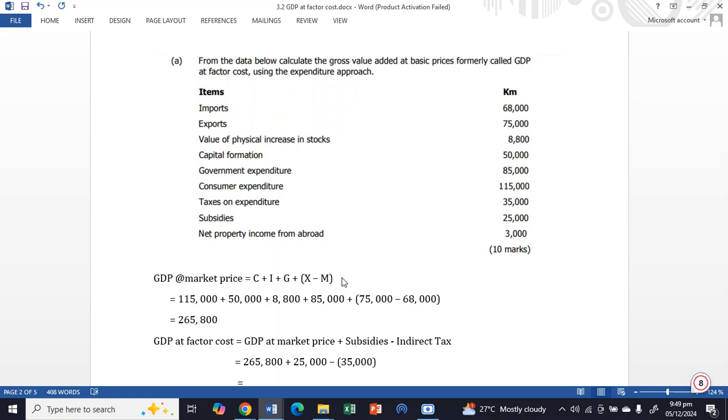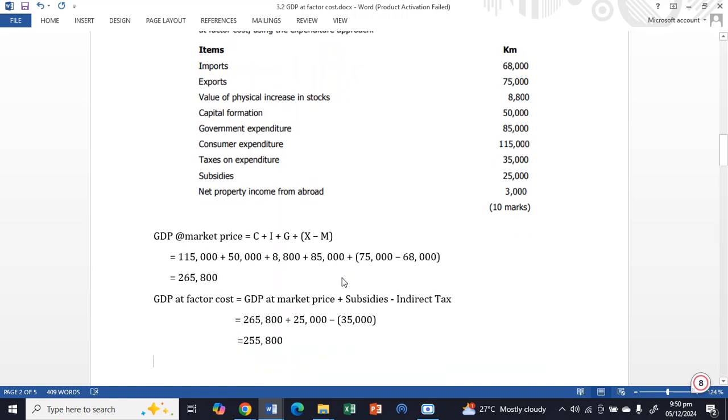So I'm going to say 265,800 plus 25,000 minus 35,000. We get 255,800. That is our GDP at factor cost. And when we say factor cost, we're focusing on the factors of production, the cost to produce a good, basic